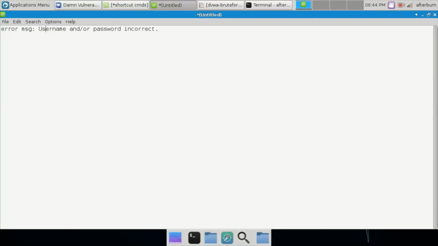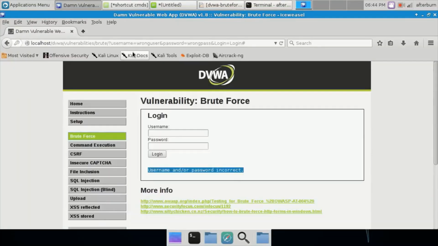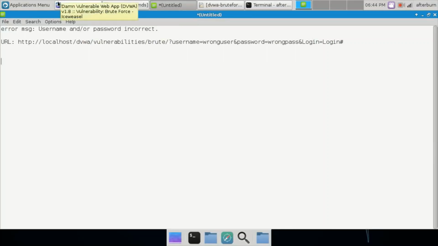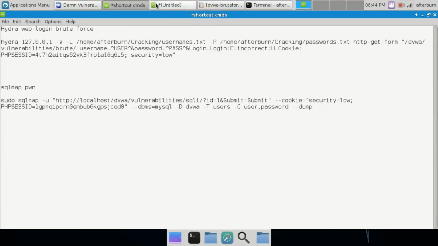Okay, that's our error message. And then go down a couple lines, go back up to our website. Now is where I'll copy the actual link, and I'll just put URL. Alright, so now we have a little bit of information here, and let's go forward with actually creating